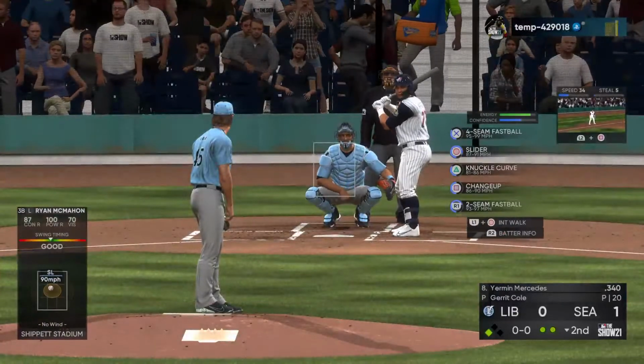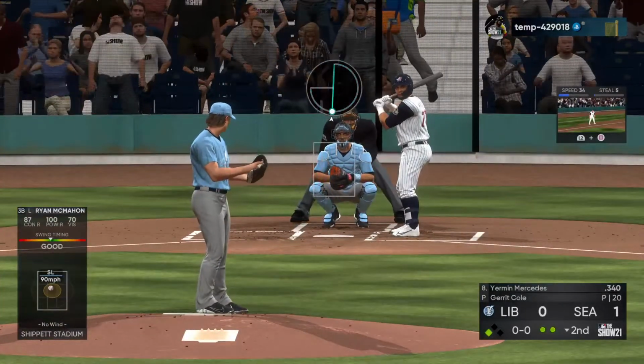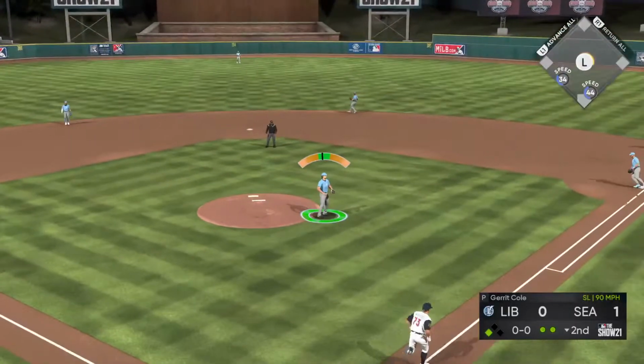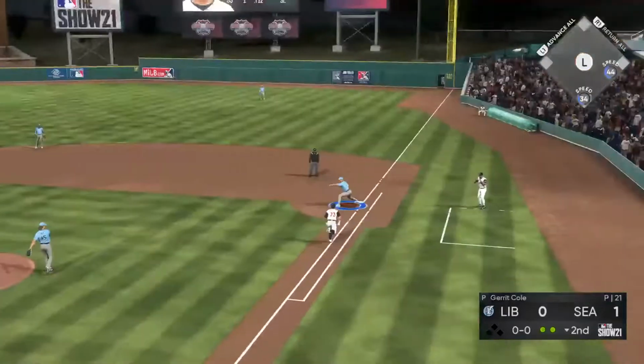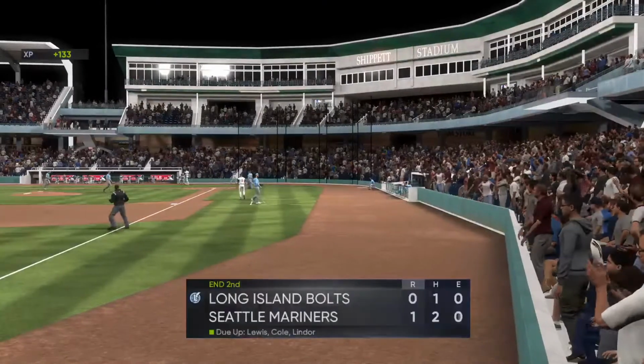Next, it'll be Yermin Mercedes trying to cash in here in his first at-bat with a runner at third and two gone. Now here's a comebacker back to the mound. And he'll flip this one on to first as he works his way out of the jam, and the inning is...